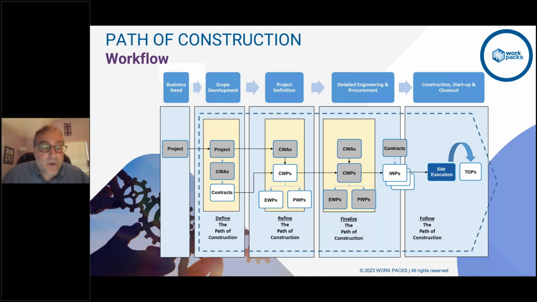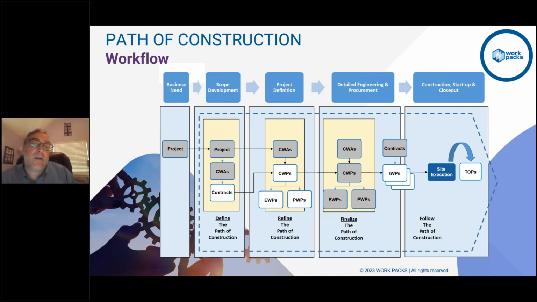You're trying to figure out your contracts, and you're working through that in terms of defining your boundaries for your CWAs, right? And understanding what the overall project's going to look like, but refining that a little bit. So in the first path of construction, you're just looking at the CWAs, your contracts, and starting to put it all together. And then as you start to get into the refinement of that, and the POC number 2,